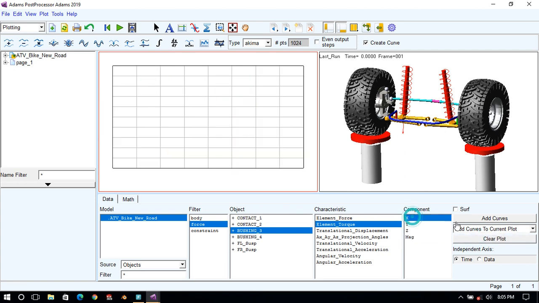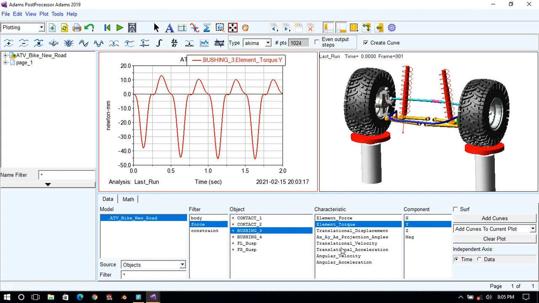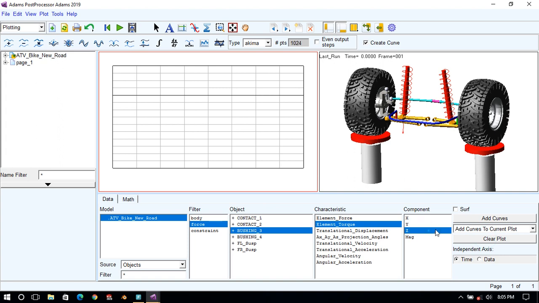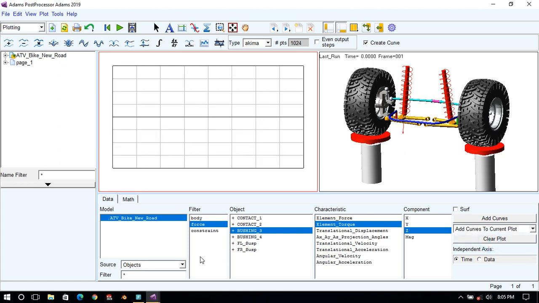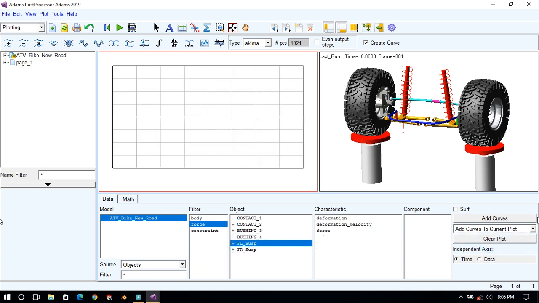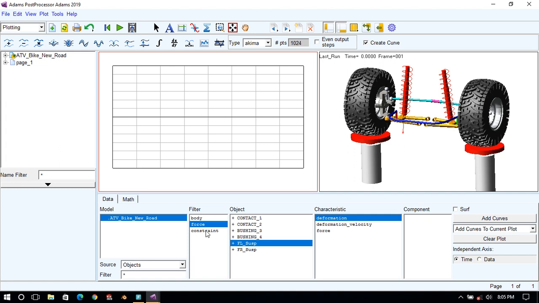You can see x direction torque 0, y direction torque is this much, it is very low, and torque about this one, it is because there is a rotation about the z axis of that bushing, so there will be some torque. Okay, so you can calculate what is the torque on that body. Then the FL setup deformation. Okay, this is the deformation of that spring.